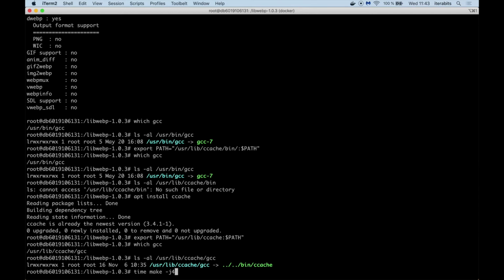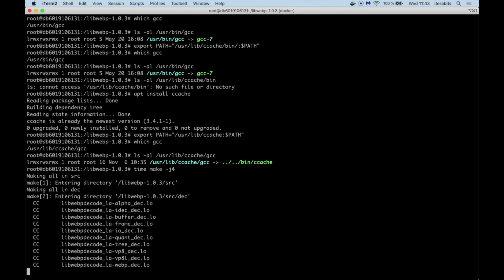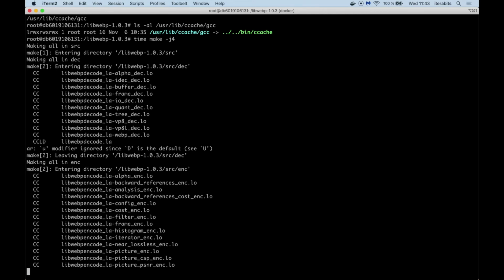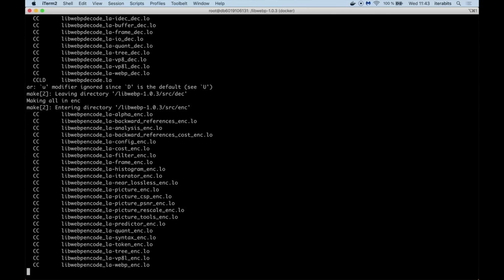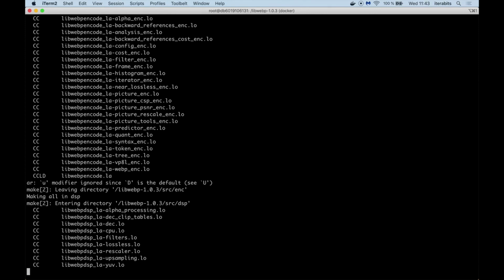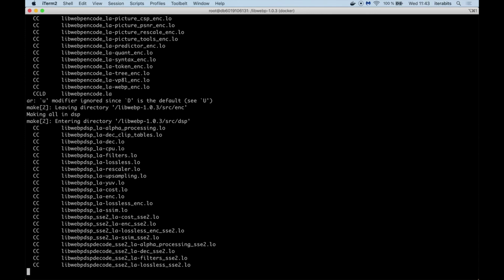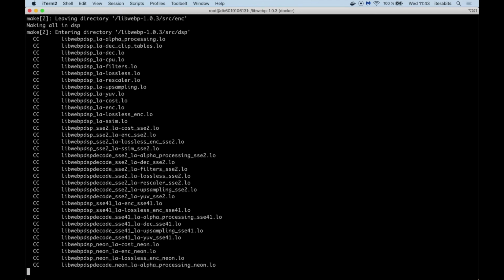Okay, let's run it. So this should take 30 seconds or so. As you see, the libwebp is quite complicated, so there are quite some files with this, and it's going to generate the libwebp library, and it's going to create the cwebp program,